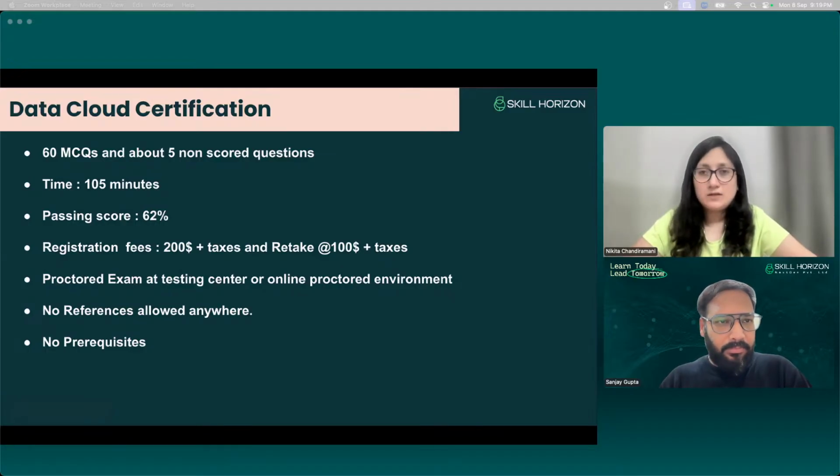This is going to be a proctored exam, whether you take it online or at the testing center. No references are going to be allowed at any place. And there are no prerequisites for Salesforce Data Cloud. It's pretty independent, but fundamental knowledge about Salesforce is mandatory.